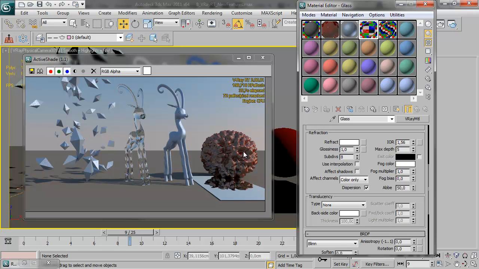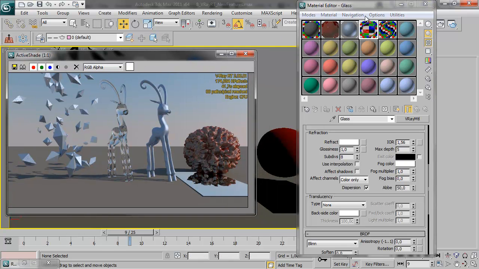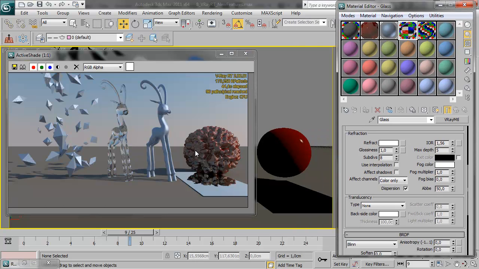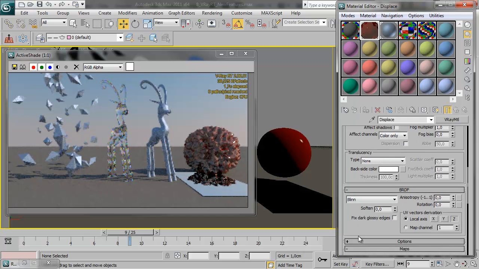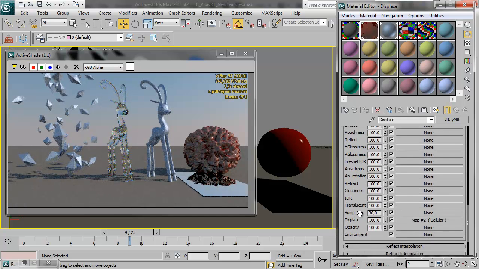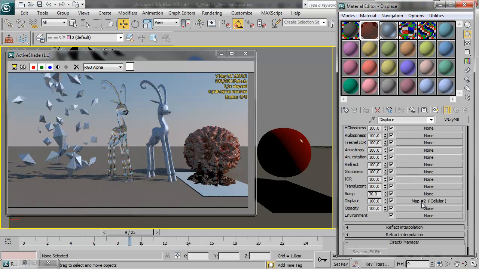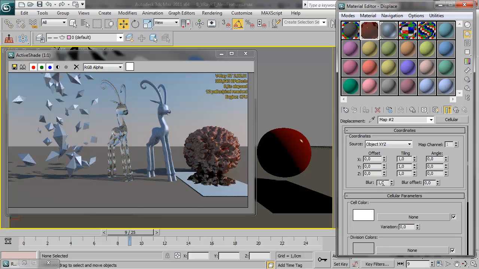Over here you'll notice that we now have displacement support in VRay RT. If you look at the viewport, there's no displacement here, but the displacement shows up in VRay RT. This is a limited displacement implementation, though. It actually takes the displacement map from the material,